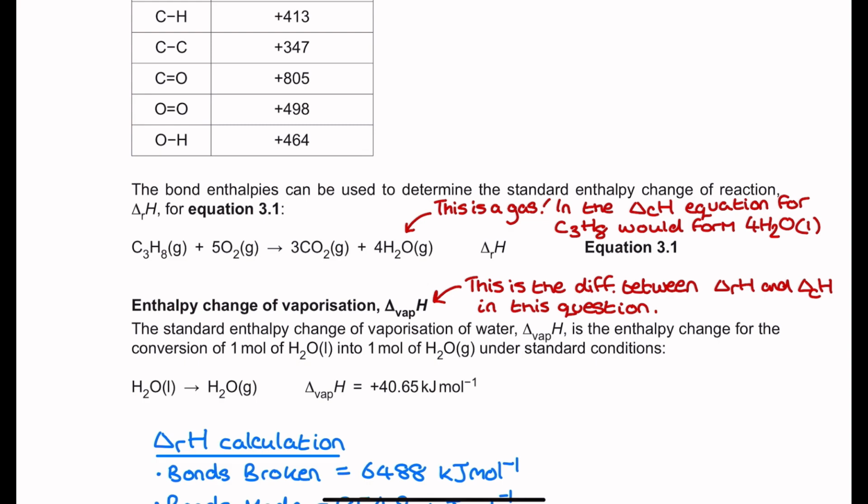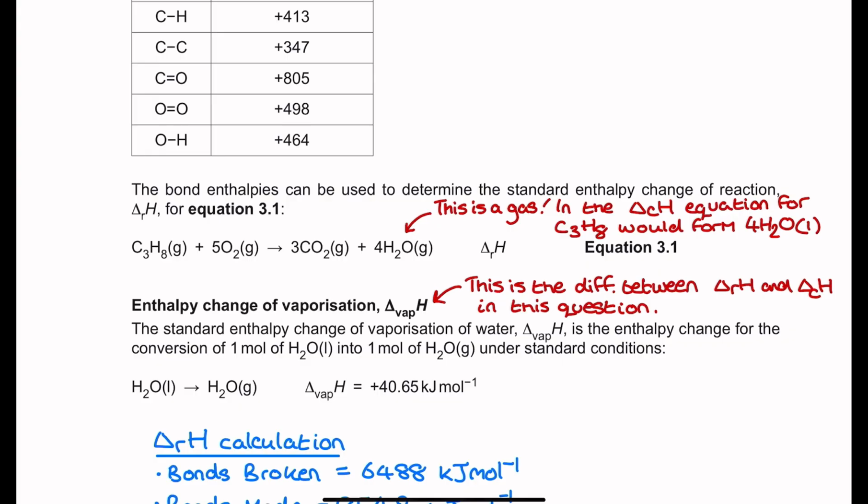So what's that extra bit of energy that's being used? Well, the question provides us with that information as well. We've got here enthalpy change of vaporization, which, as you can see here, is going from 1 mole of liquid water to 1 mole of gaseous water, and it's an endothermic change. So what we need to do is pair up this enthalpy change, which we're going to find by using the average bond enthalpies, and we need to then use this enthalpy of vaporization to make the enthalpy change that we calculate more like the enthalpy change of combustion for propane. And I'll talk about what the difference between those numbers is going to be and why as I take you